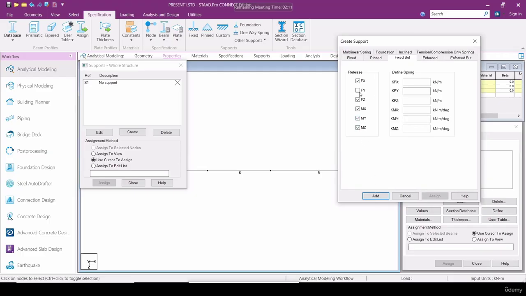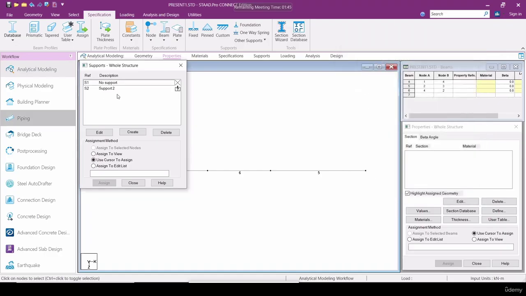So like that, Fy I have unchecked. Remaining all the items are checked for releases. So Fy is fixed. The remaining items are released: Fx, the horizontal direction X force, the lateral direction Z force, moment about x-axis, moment about y-axis, moment about z-axis. All these have been released, only Fy is there. Okay, so if I add that support and assign it to a particular node,